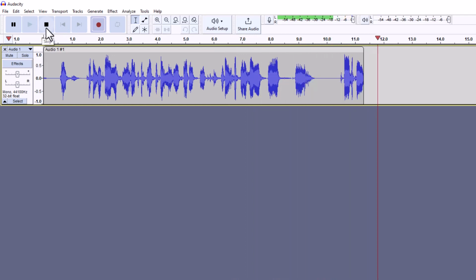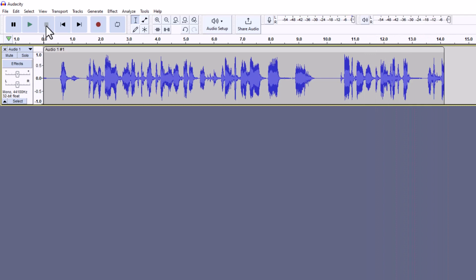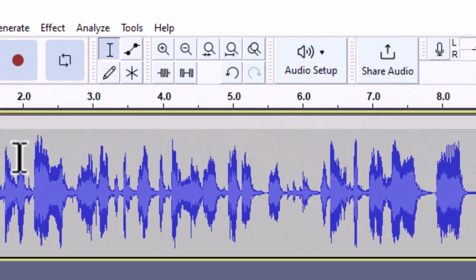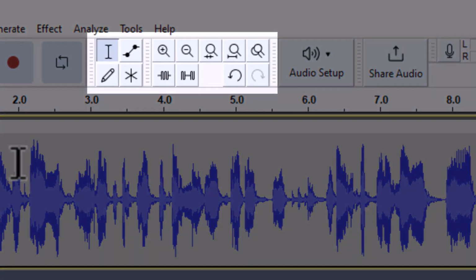All the pauses, like that one that I just did. I'm going to hit stop. That's enough for me just to sort of demonstrate what this looks like. So yeah, that's what your recording looks like once you click record. And now I want to show you these editing tools as well.